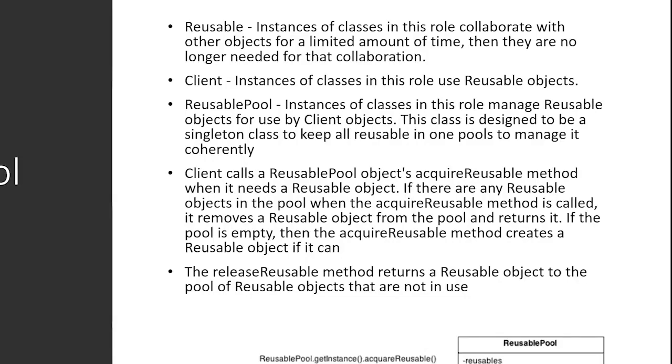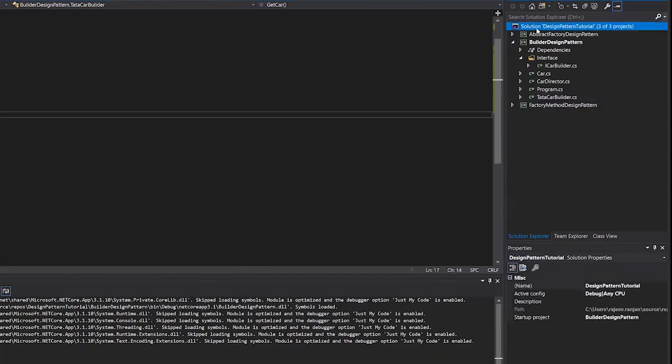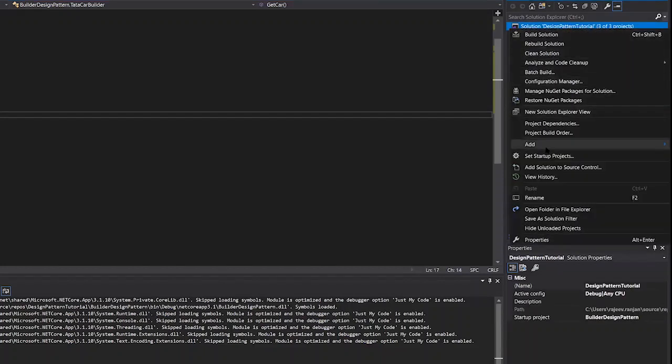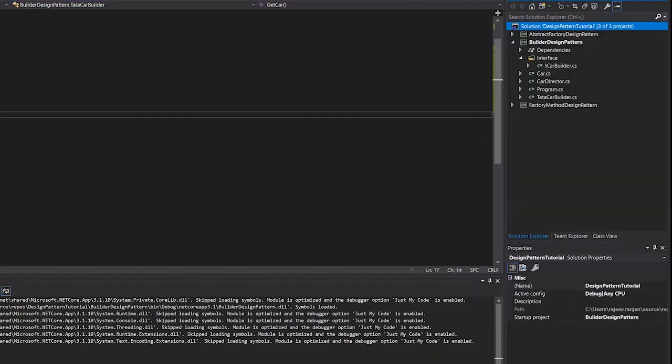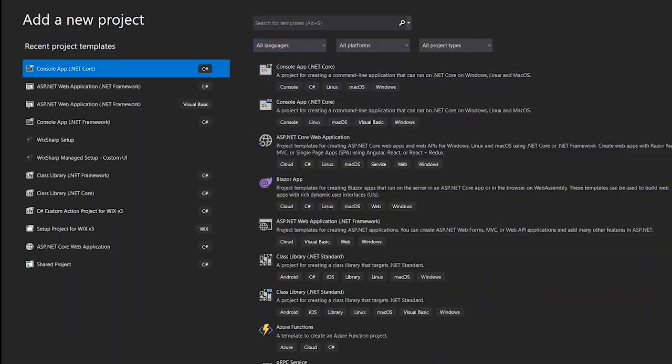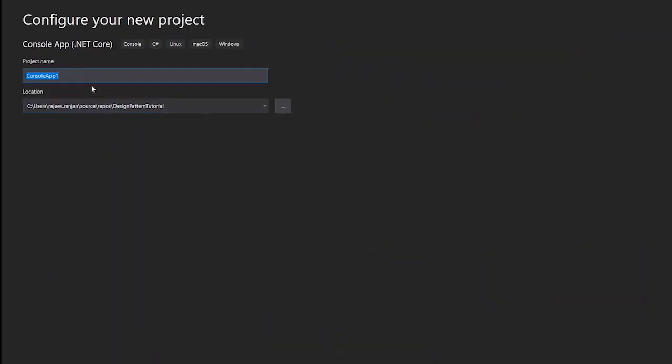So obviously, let's create our new project, object pool design pattern. You can stop me anytime if you're not able to understand or need help with anything.